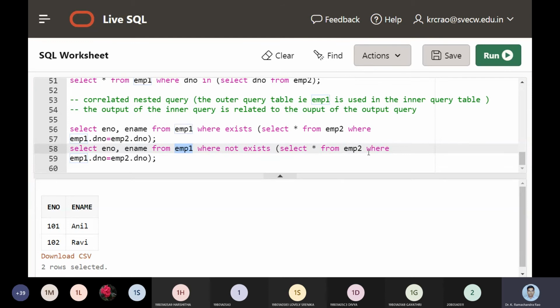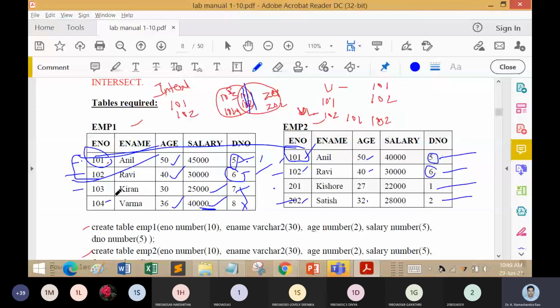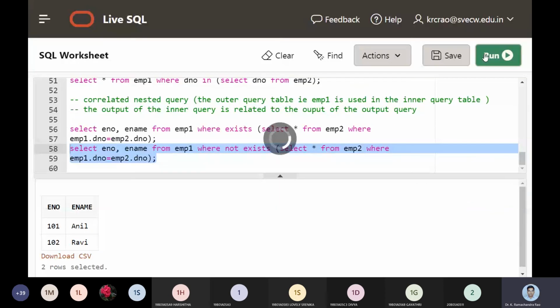What are the things which are in EMP1 and not in employee 2? It is 103 and 104. That means we should expect Kiran's and Varma's records to be part of the retrieval. So you can see 103, that is Kiran, 104, that is Varma. Their content is taken up.